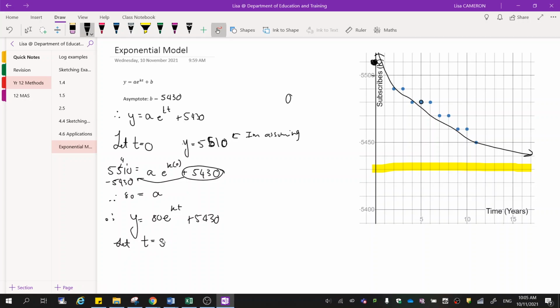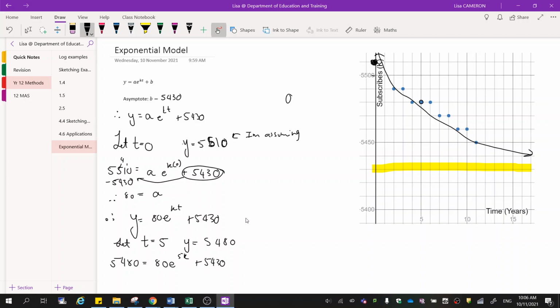So when t is equal to 5, y is equal to 5,480. That's okay. Now these values are going to get subbed into the model above. So 5,480 is equal to 80e^(5k) plus